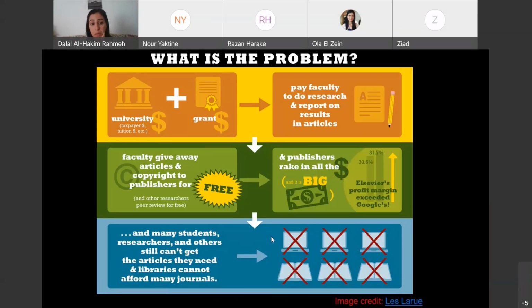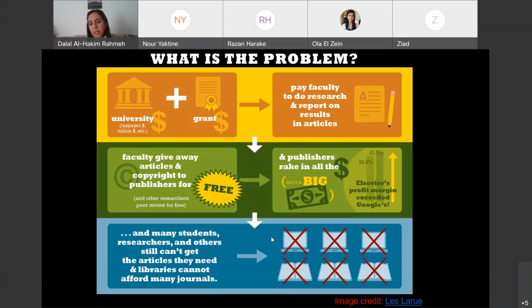And faculty members were actually giving away articles and copyrights to publishers for free. And publishers are setting subscription fees in order to access those results and those reports, those articles, and collecting money,